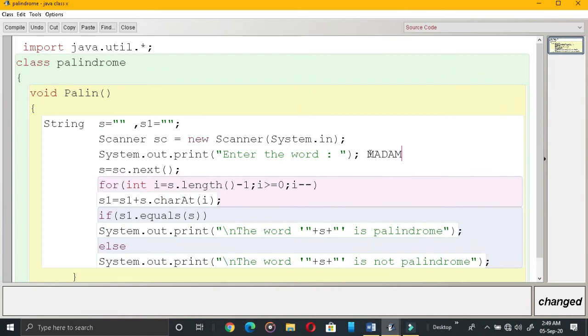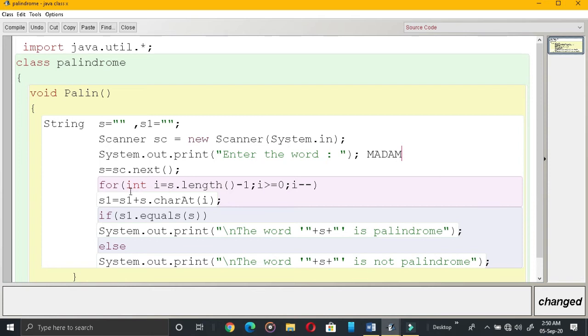What is the length of this? 1, 2, 3, 4, 5. 5 characters are there, so that is the length. But you know, its index number will vary from 0 to 4.